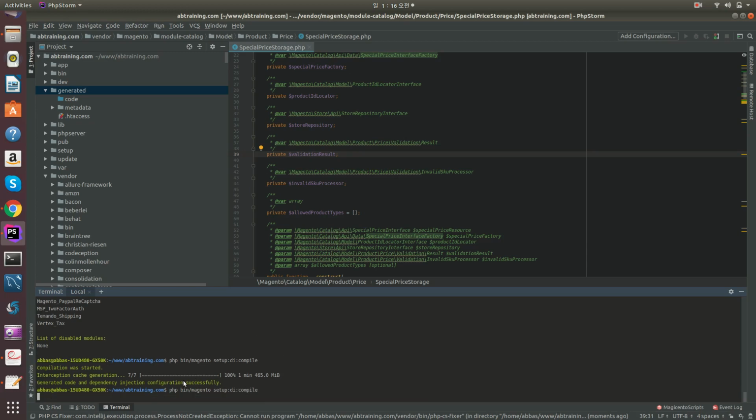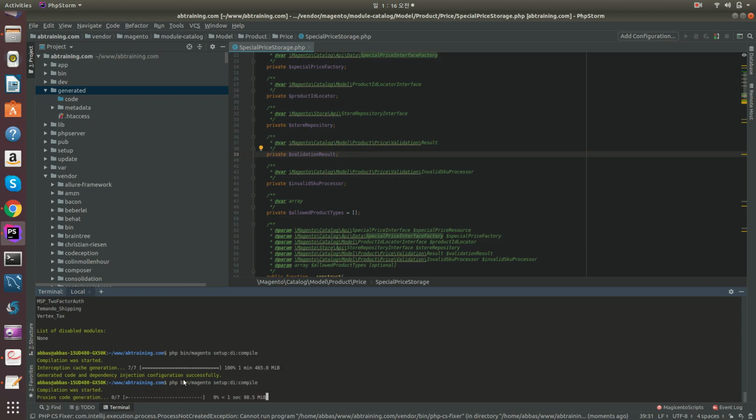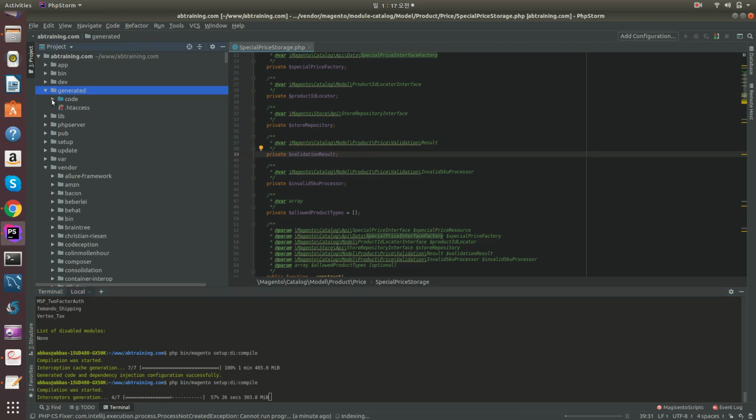While executing this command, it generates all those factory files which do not exist, and also interceptors for the plugins and for the proxy lazy loading. So let's complete this command. This will come back. We'll see now they are again the files in the code